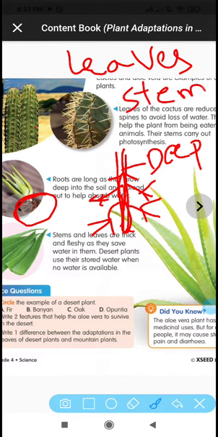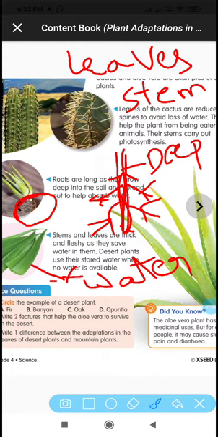Stem is performing photosynthesis, and the next one is the roots are grown deep into the soil. So these are three adaptations you observed in desert plants. And along with this, in some desert plants like aloe vera, the stem is storing the water. Due to the storage of water, they appear fleshy. They show a fleshy structure because of storing the water. So these all are the adaptations shown by the desert plants to survive in desert areas.